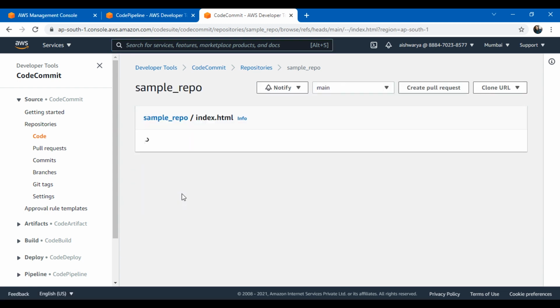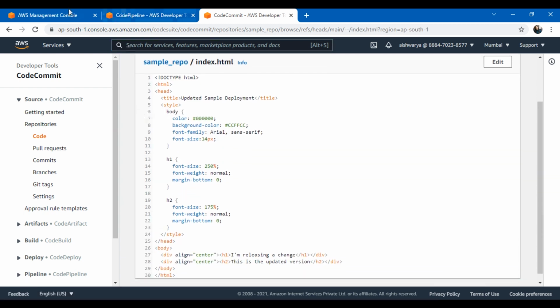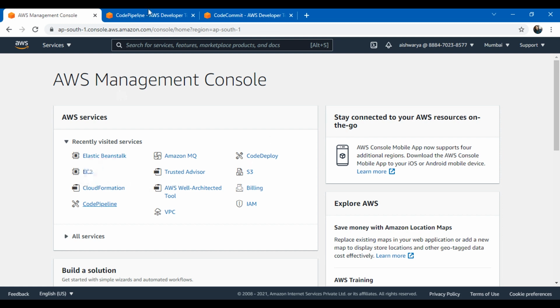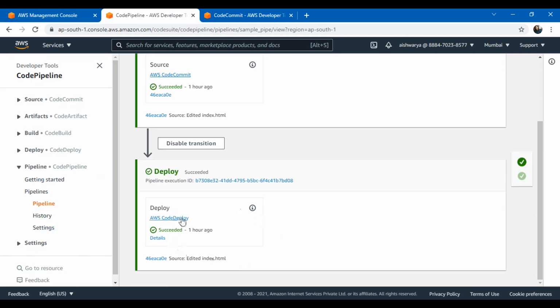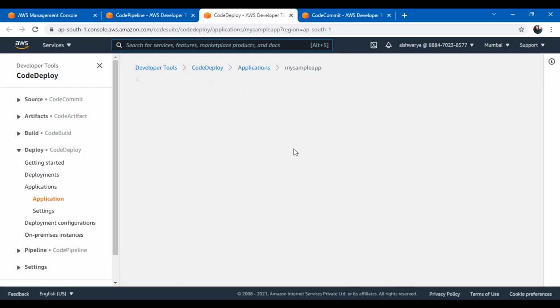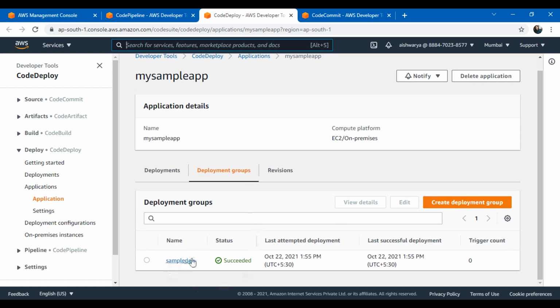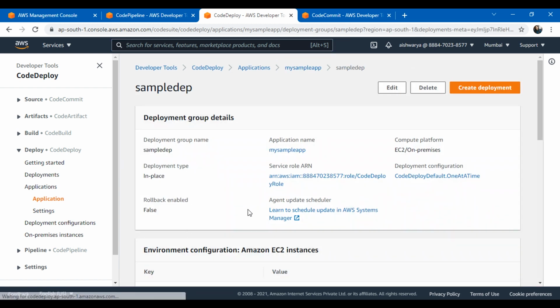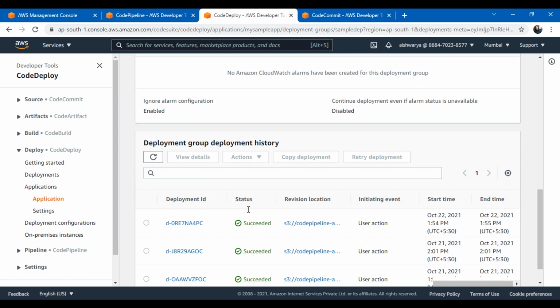I go to index.html. Before that, let me show you what it currently is showing. So here I'll go to the code deploy and show you which instance it is using and what is deployed right now. Okay, so go to the deployment groups and see what is the instance that it is using.